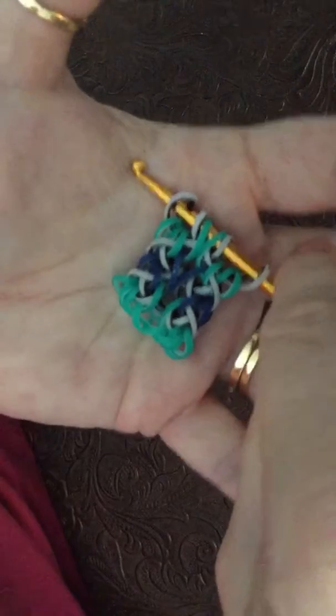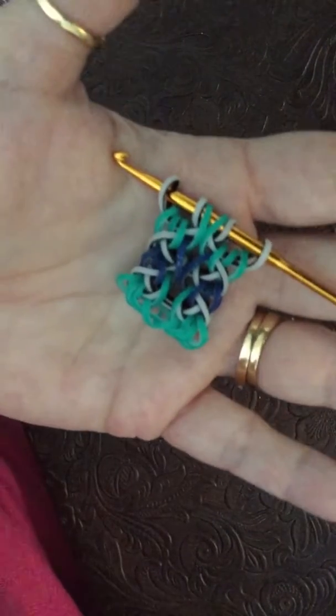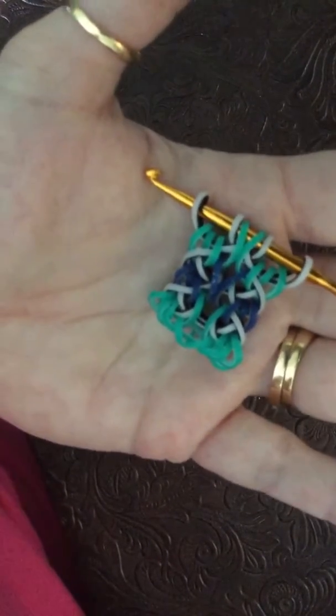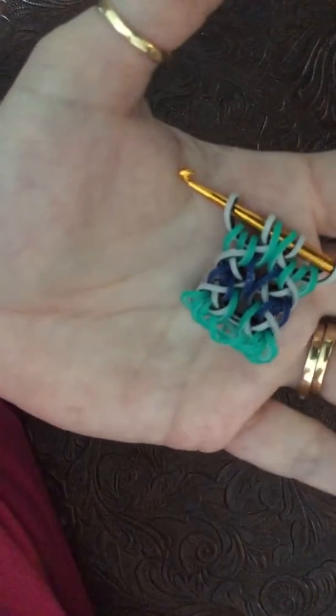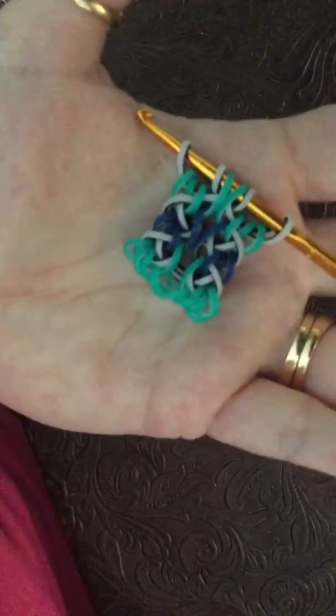All right, so I'm going to go ahead and stop the video here and do a little bit more so that I can give you a better view of what it's going to look like, and then show you how we close it up. So if you'll go ahead and keep on working on it, we can come back and meet up and close it off together. Okay, I'm back, and this is what this particular design looks like with these colors,